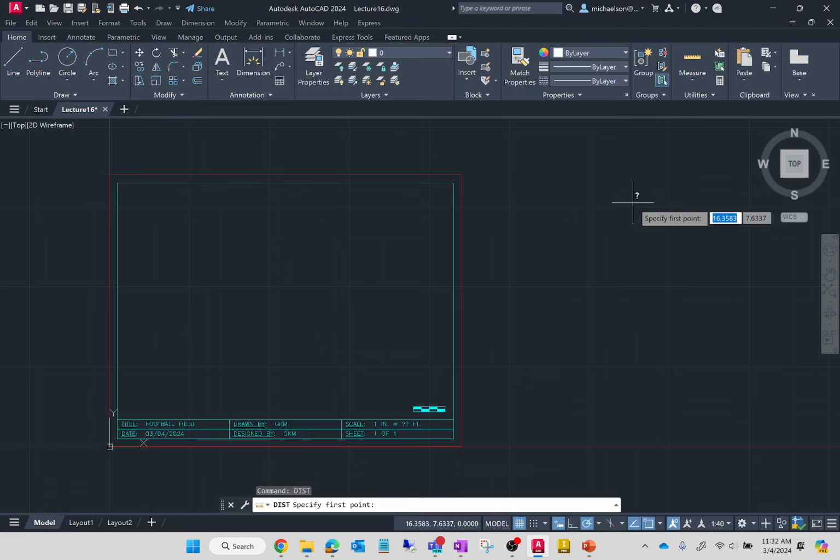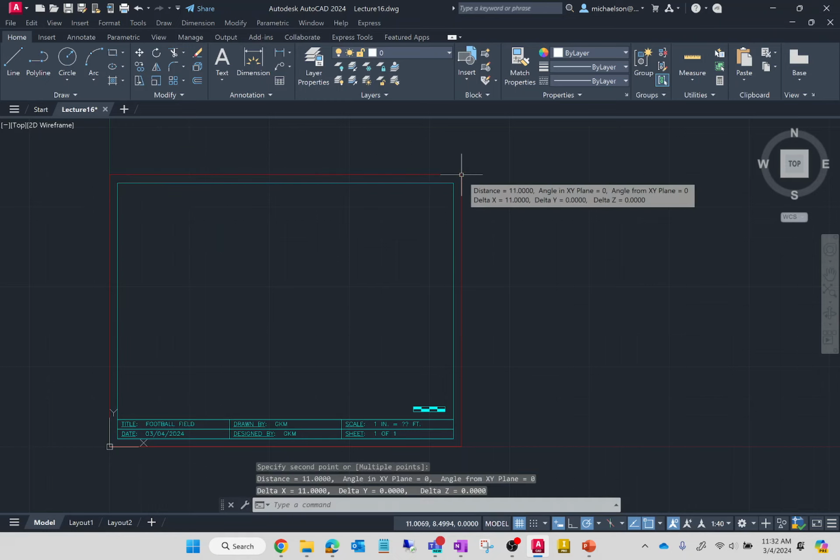The distance command is used to measure any distance in a drawing. Unlike the dimension command, where you're actually placing an annotation, distance is more just querying a distance, trying to figure something out. For example, if I use the distance command and ask for the distance from this endpoint to this endpoint, you can see on the bottom that it is 11 units.